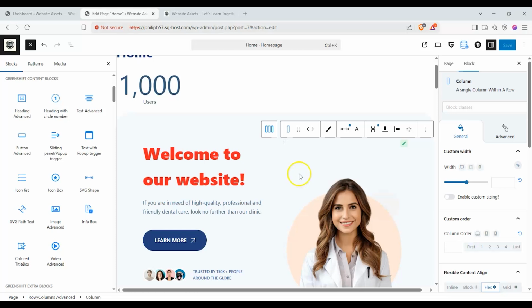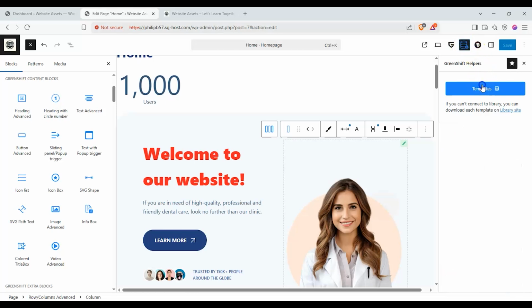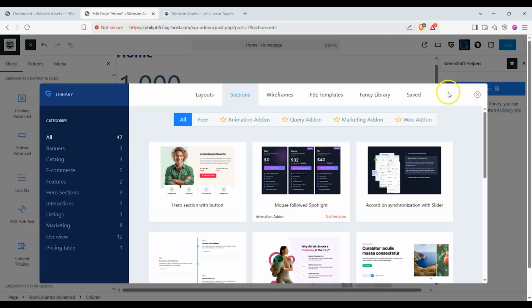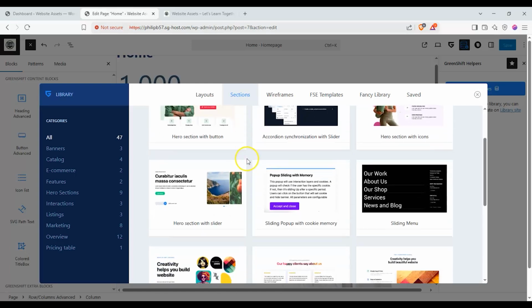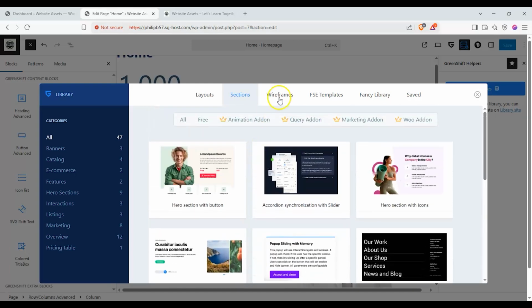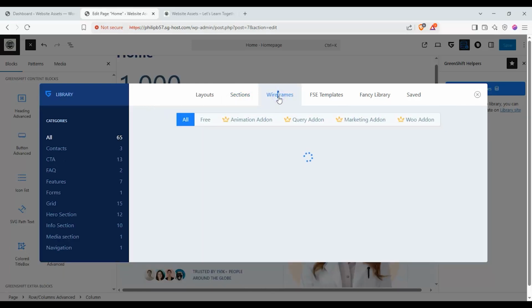Now that's real simple. If we have Green Shift installed, we'll go over here and you can see Green Shift helpers and then click on templates. And we'll use some of these later on in FSE, but this is what we can get away with in a classic theme. So you can see some of them are premium or pro, and some of them require additional add-ons. But if we click on free, there are a whole bunch of sections that we can use to customize our site. So we have sections, we have wireframes,